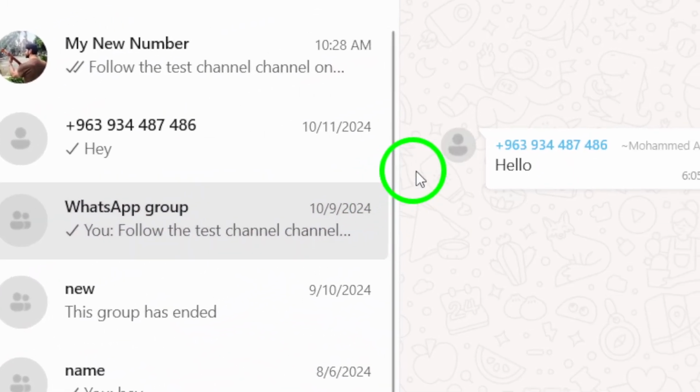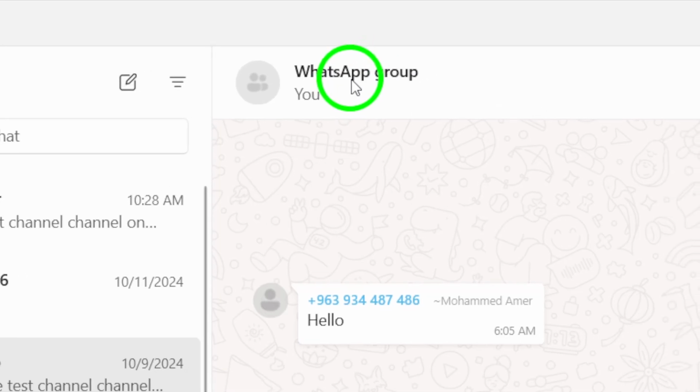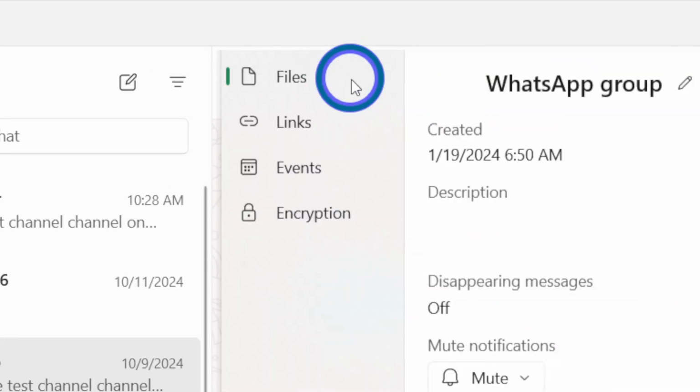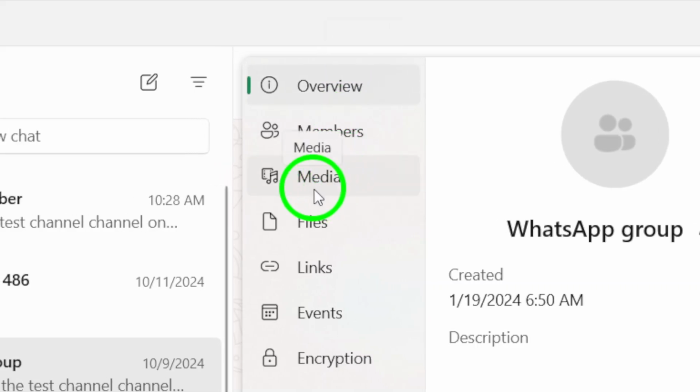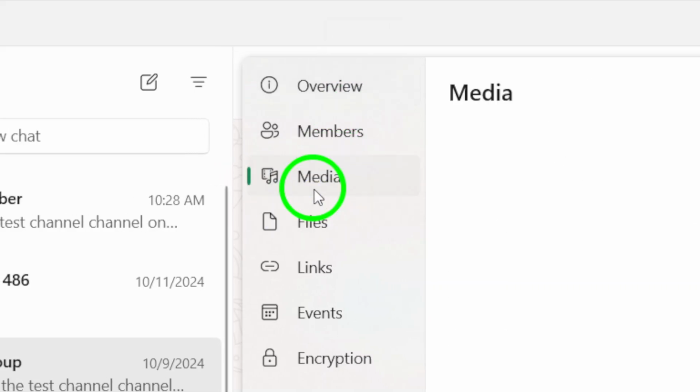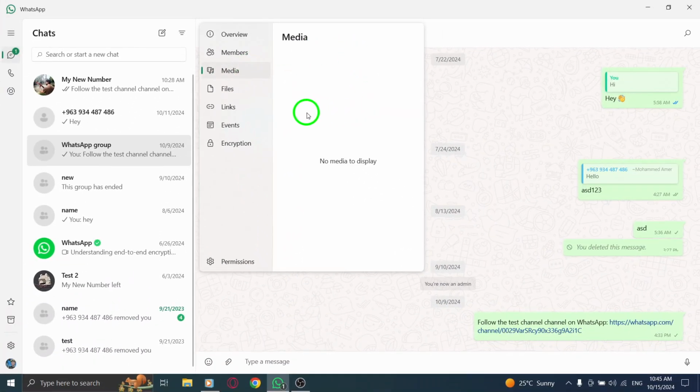Once you're in the group chat, look at the top of the screen for the group name. Click on the name to open the group information page. This is where you can manage settings and see shared media. Now click on the media option. This section will show you all the photos, videos, and documents that have been shared in the group, neatly organized